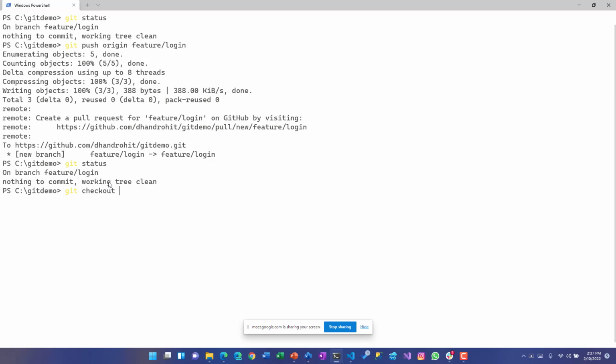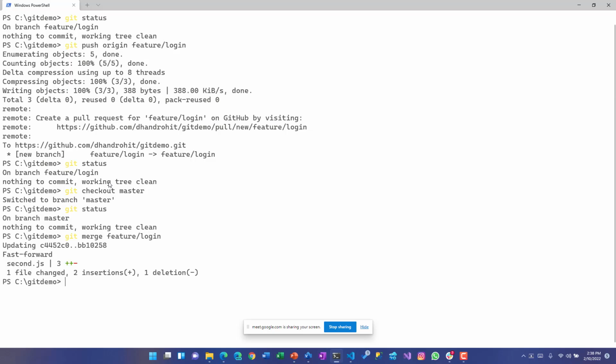Then I'll go on to checkout master, and then I'll say git status again. So on branch master, nothing to commit, everything looks fine. Now I can say git merge with feature/login.